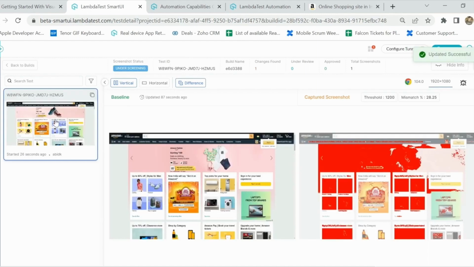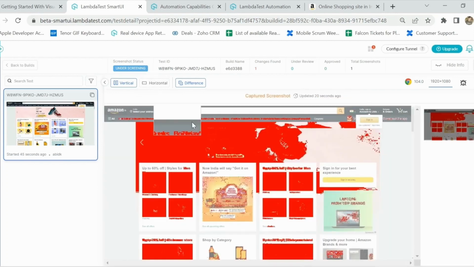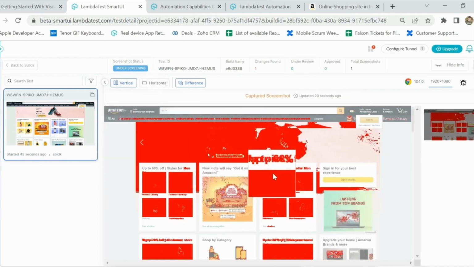Now on the left side, what we have is the baseline image. In the center, we have the comparison image, and on the rightmost, we have the resultant image. Right, so the banner that you see in the background moved in the comparison image, which shows these major changes in the screenshots. Now I'll click on this horizontal mode to see the difference in more detail, and also